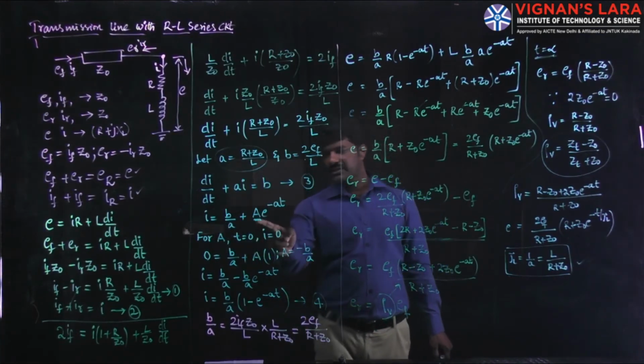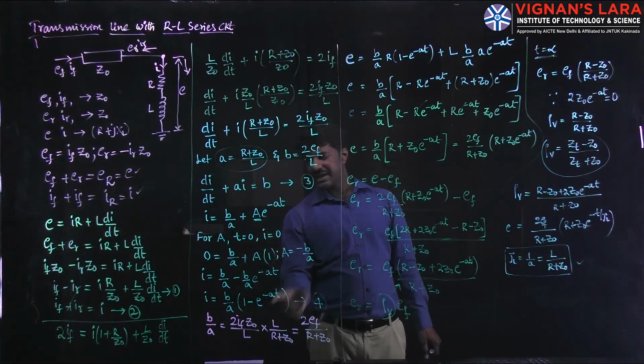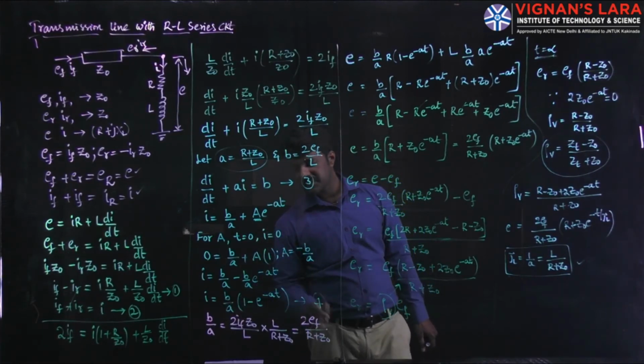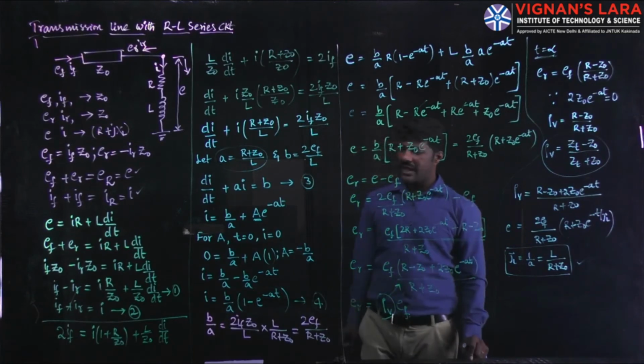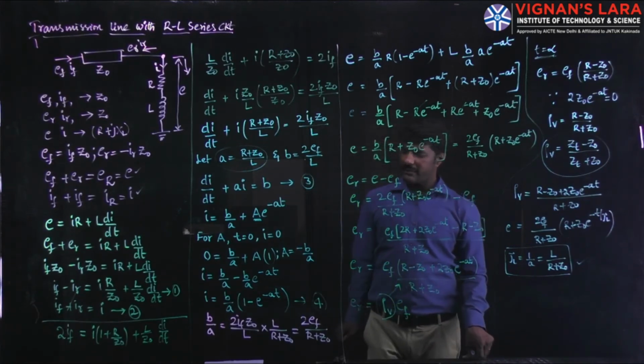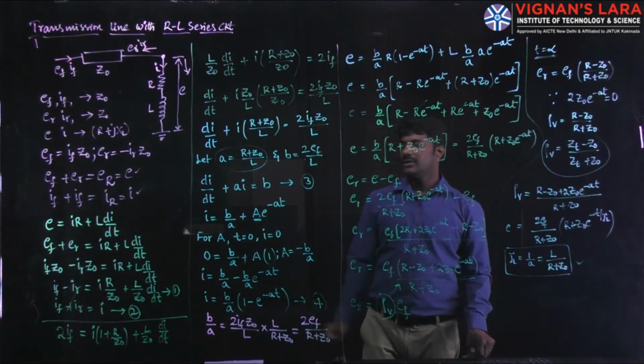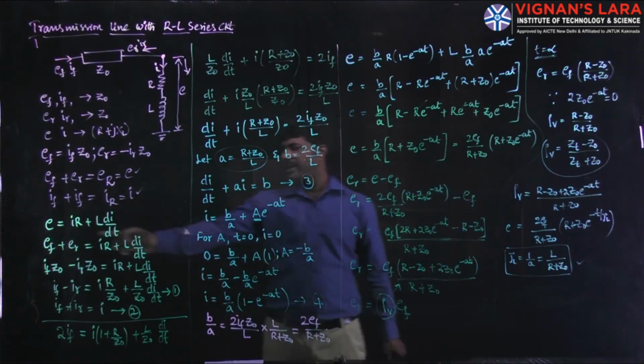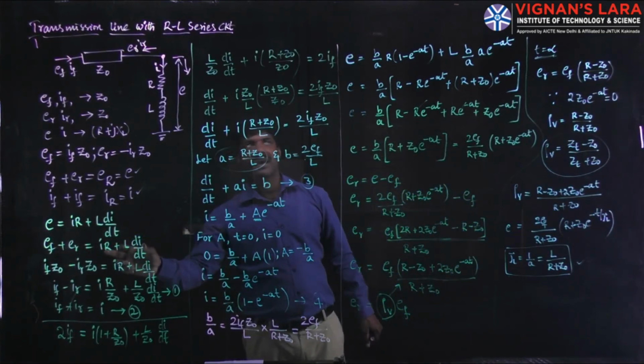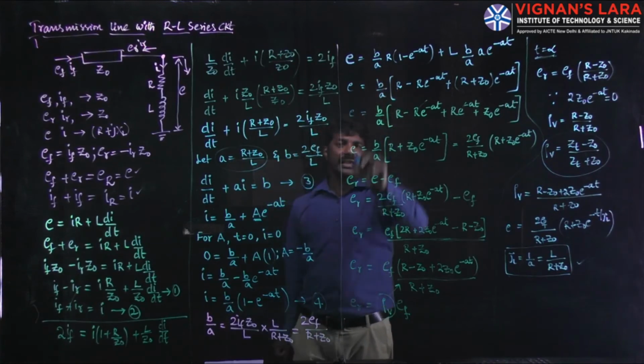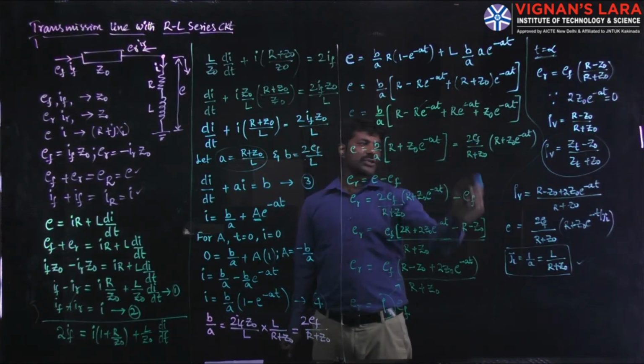Getting the value of this A using initial conditions, we got the overall current expression as a solution whose value is equal to B by A into 1 minus e power minus at. Substituting the same I in our basic KVL format, so that we got the E in terms of EF, so that this will become